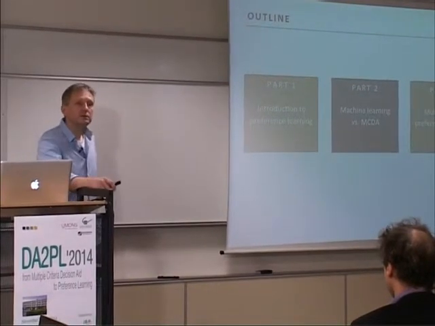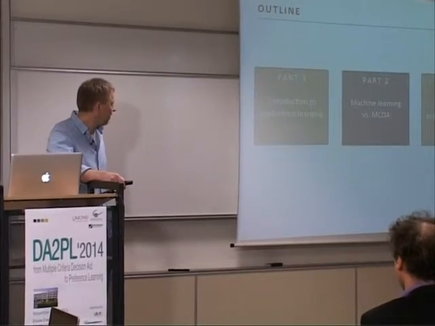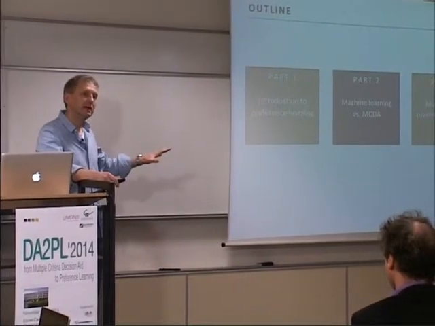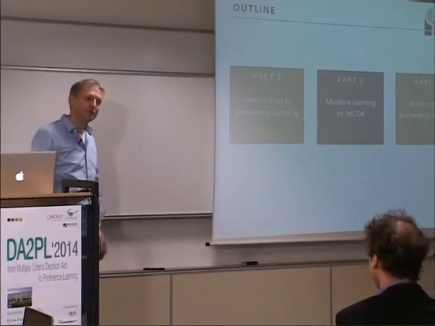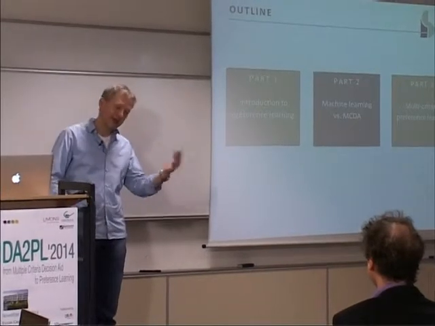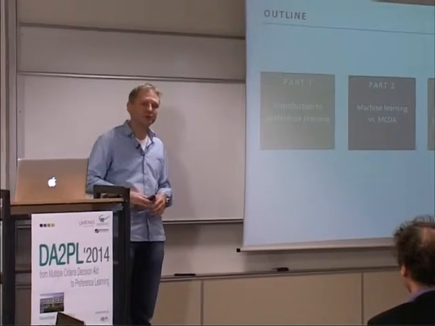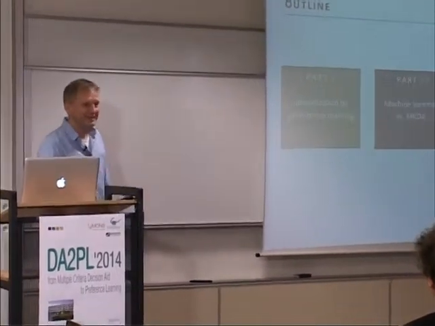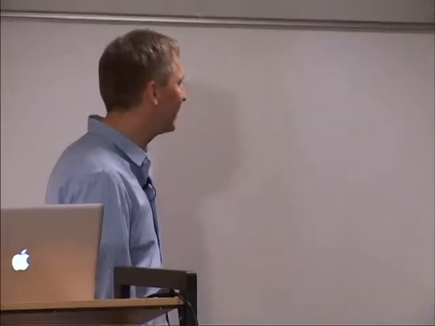The second thing I would like to do in this talk is to compare a little bit these two fields: machine learning on the one side and decision science on the other. I'm still not exactly sure how to call these people all the time. Decision aid, decision analysis, multi-criteria decision aid, decision support, and so on. There are many names. It's a bit puzzling, but I use the term MCDA here. I think this is not wrong. Otherwise, please correct me. You can feel free to correct me online.